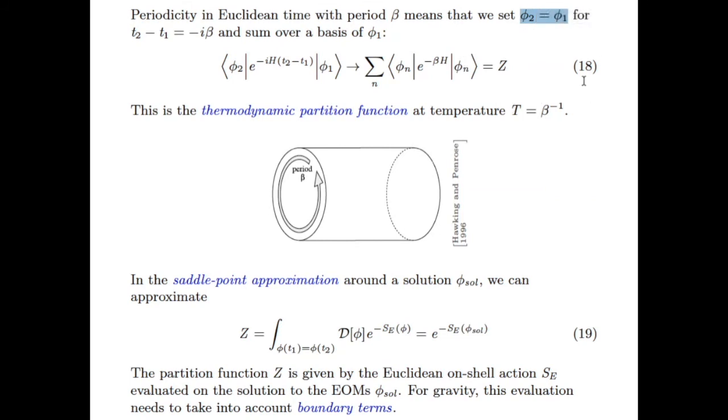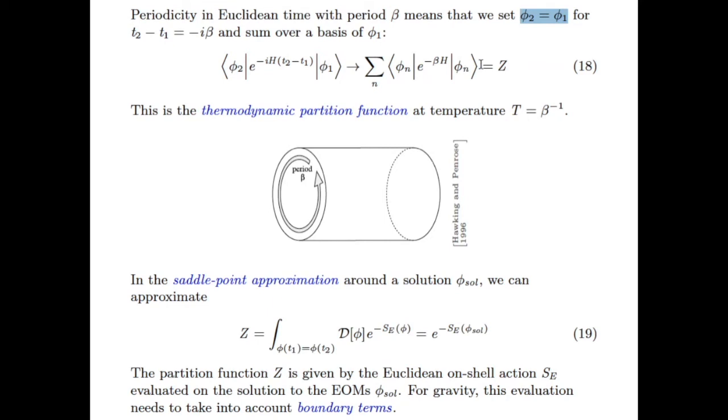But it only needs to be the same. It doesn't need to be specified to be anything. So not only do we set phi 2 equal to phi 1, we also sum over a basis of all the phi's, all the possible field configurations that could be on this gluing surface. That means that this expression, which is adequate for the Lorentzian case, we replace by this expression, which is adequate